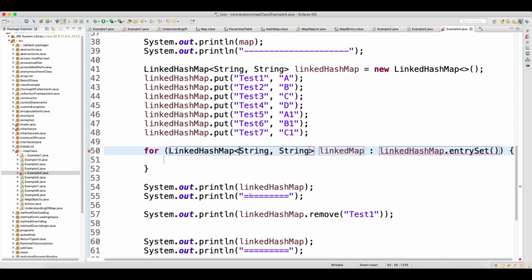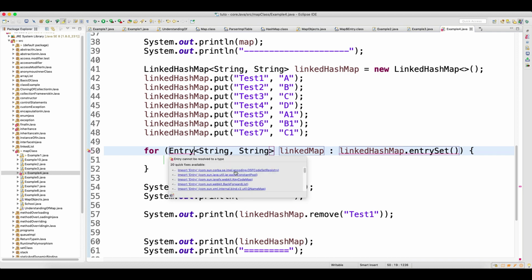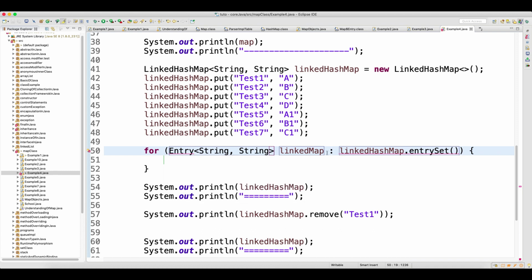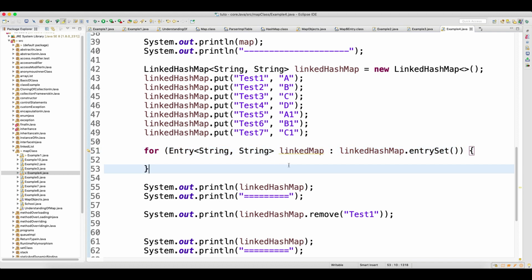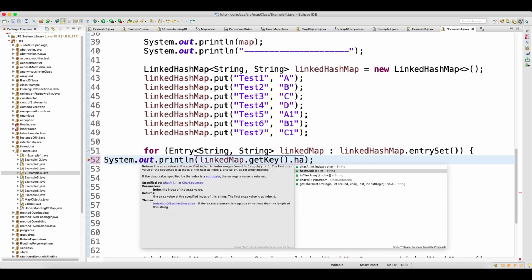Then what I have to do here is write entry. Entry I have to import, so better I will not import that. In that case, I will create a local variable, it will be entry of a string. Now run a loop here, dot get key dot hash code.